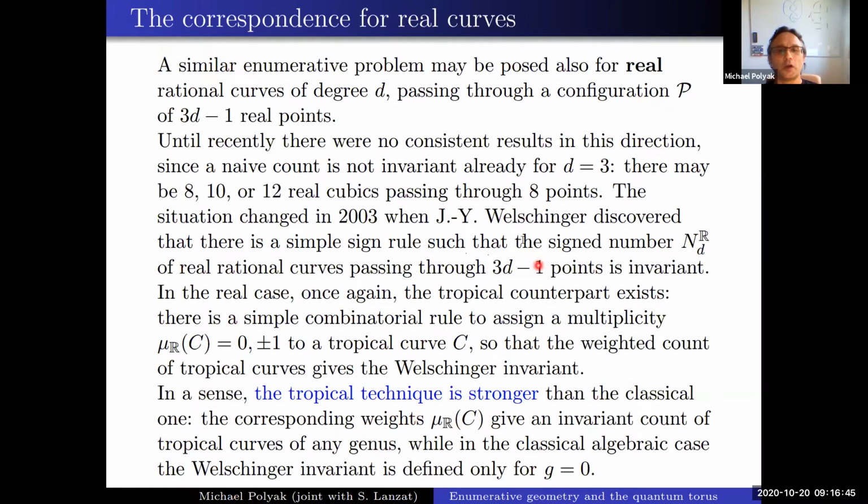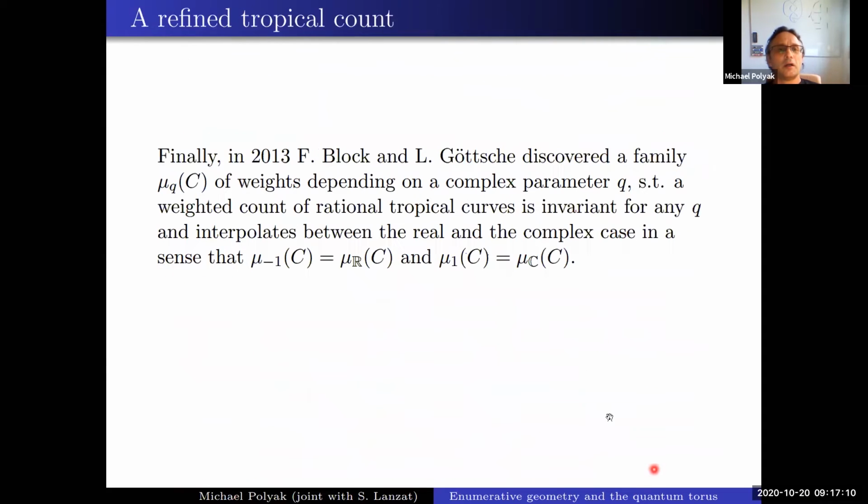However, in the honest real algebraic setup, when you look at honest algebraic curves passing through this number of points, this is nicely defined only for rational curves. And there are some other reasons why this tropical technique is stronger. And the reason for that is, first of all, these two weights, the weights with which you count